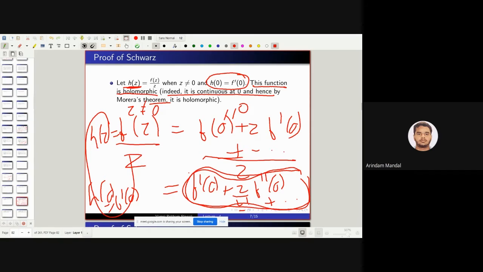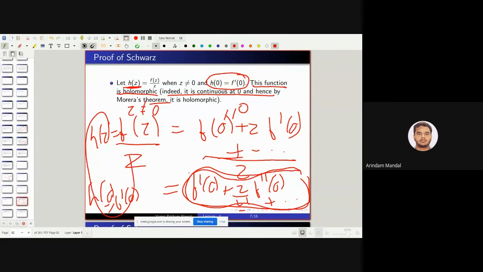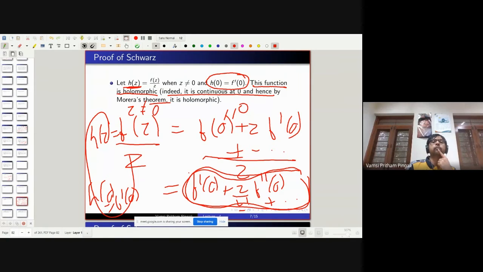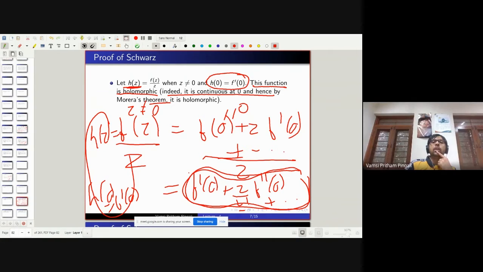Yeah? So, you have written, so if we want to use Morera's theorem, then we need to show that integration over any triangle will be 0. Right? So how to get from this statement? Well, it's holomorphic away from z equals 0, right? So the only thing that can go wrong is if you take a triangle that either contains 0 or passes through 0, right? Yes. But